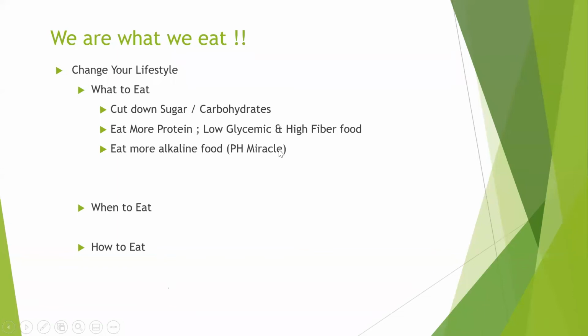they are alkaline. And the theory says that acid plus base, which is alkaline, will create salt and water. So when we take a good amount of alkaline food, we can have a better pH level of our blood, which is very important for the health of our body and health of our organs. So it's a very important point, and that's why again it's linked to the same thing, that we should have high fiber food and high protein food, because when we take protein rich food, it increases the alkalinity quotient in our diet. Then eat more live food, right?